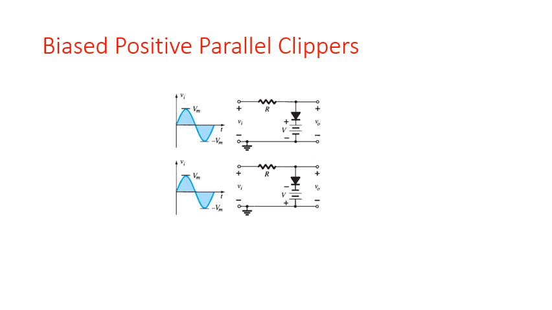Now coming to biased positive clippers. In the biased positive clipper, if I take the first circuit, in the first positive half cycle this diode is forward biased. Since it is forward biased, it is replaced by a short circuit. So V0 is directly going to copy this voltage plus V. So I can show a plus V over here. In the negative half cycle, this diode gets replaced by an open circuit, so V0 is going to copy Vi, that is the waveform over here. So when I draw this waveform, it looks something like this.